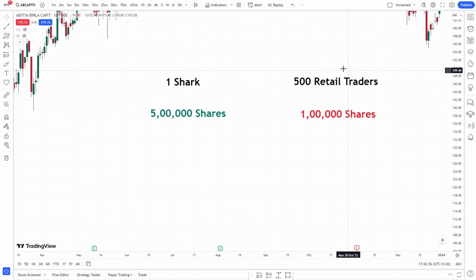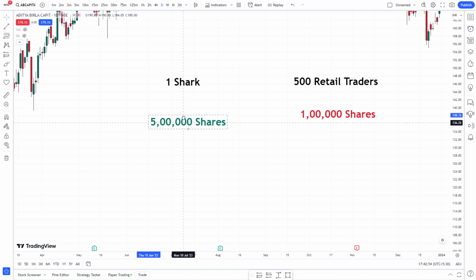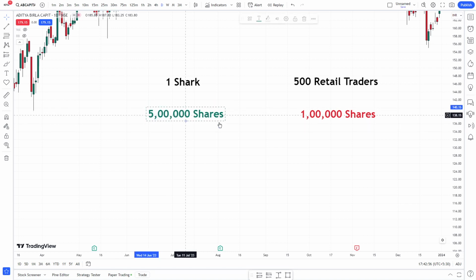Means 500 retail traders are there, but they all have 1 lakh shares only and they want to sell. But a shark is there in the market who likes this particular stock and wants to enter with 5 lakh shares. So it clearly shows us that